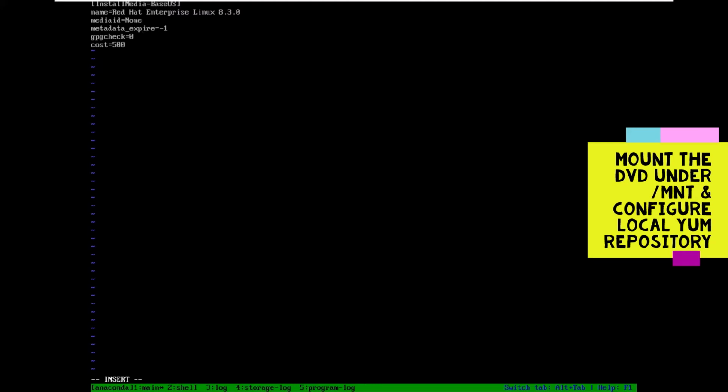That folder contains all the packages required for this recovery process. So now set the base URL.